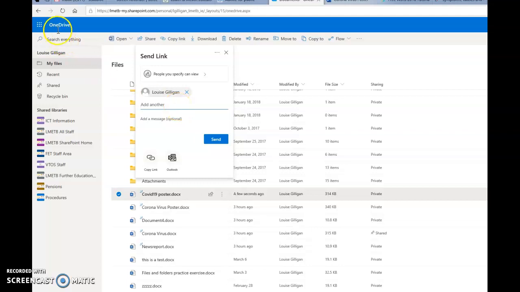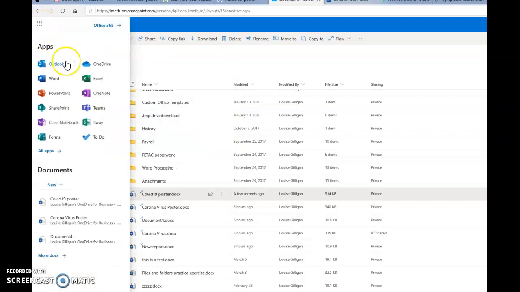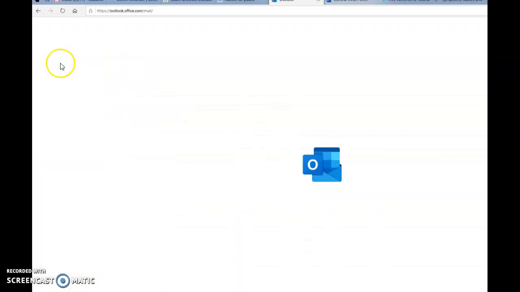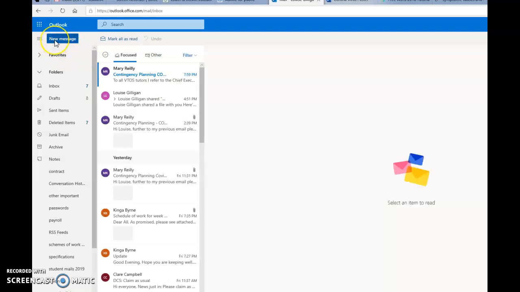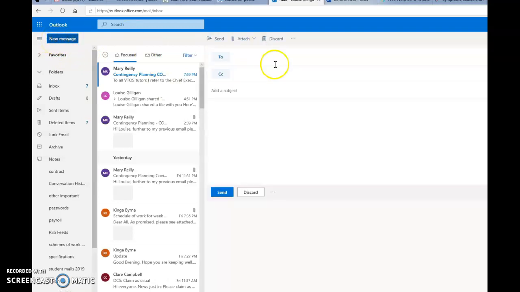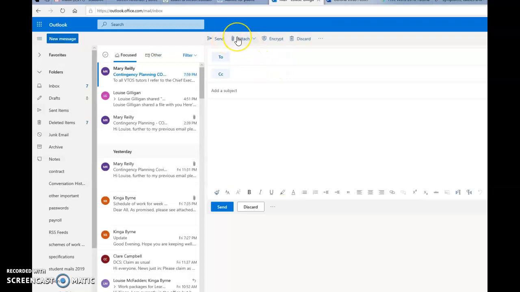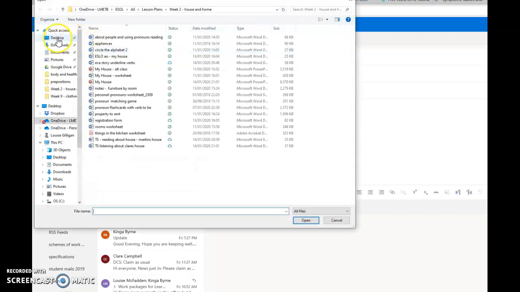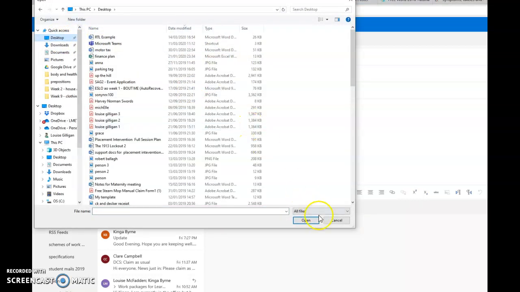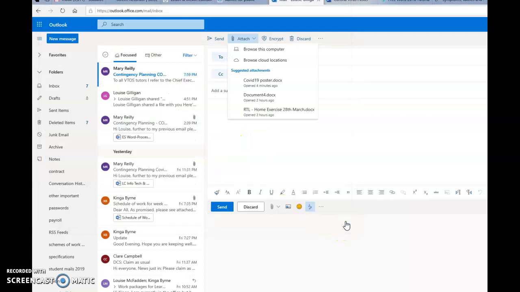Or if you are using normal Word and you've saved it to your desktop, again, you go to Outlook, create an email, and make sure that you attach the poster. So you go to attach, browse this computer, select desktop, and select your poster. Okay. Any problems, email me,